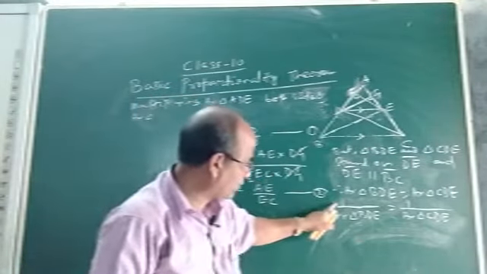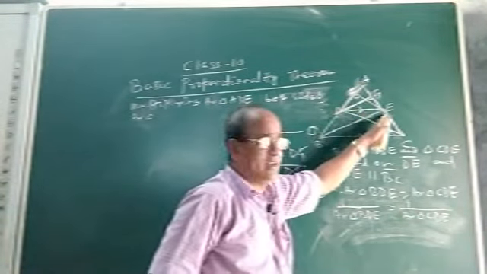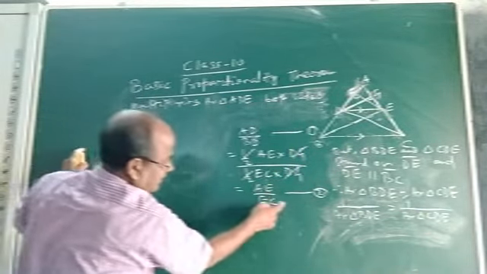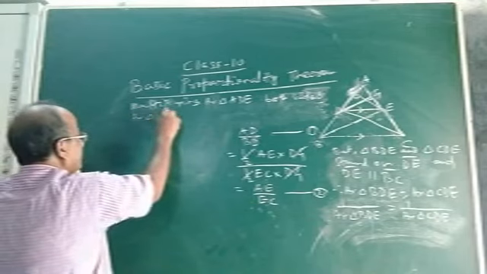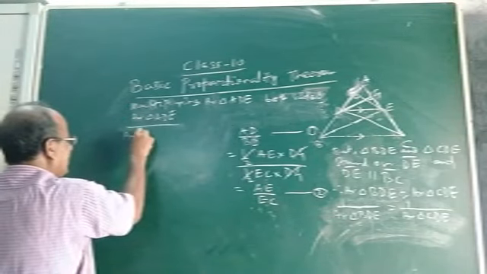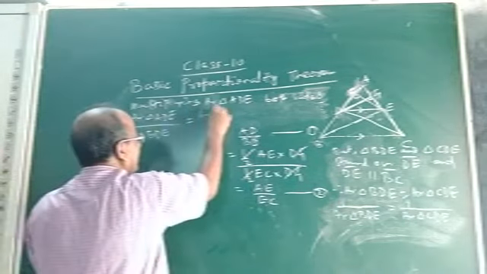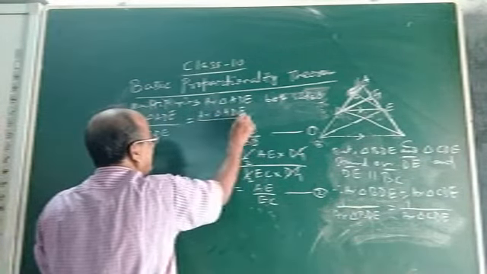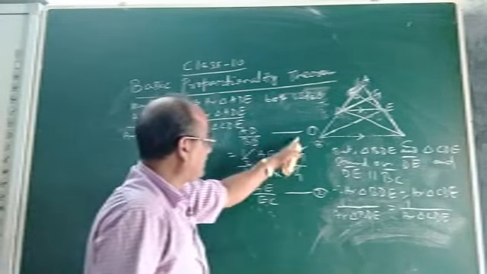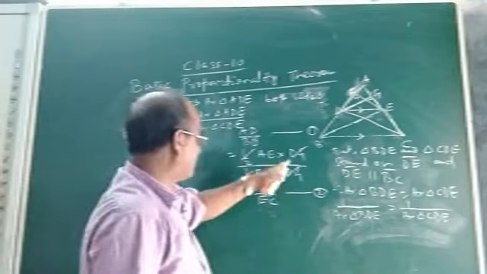So to make it same, what will we do? To this equation you just multiply area of triangle ADE on this side and this side. If you multiply, what will you get? Area triangle ADE divided by area triangle BDE, and the right hand side will become area triangle ADE divided by area triangle CDE. You see, now the left hand side of this equation and this equation became same. Okay, so as the two left hand sides are same, so are the right hand sides.